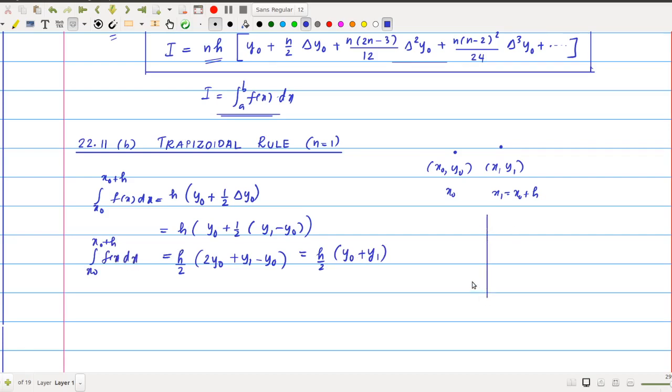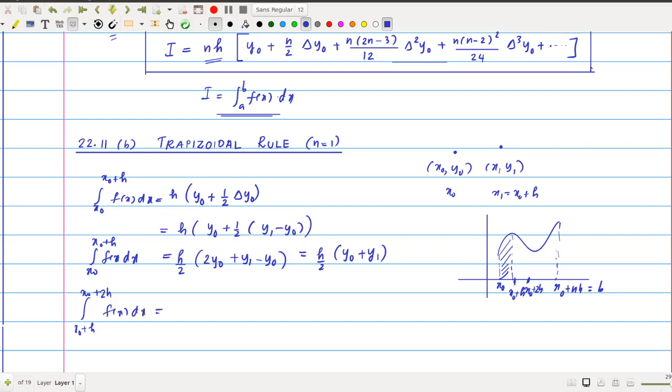Okay, so if you are given a function like this, and suppose this is our x0 and this is our x0 plus nh, that is equal to b. In this case, we first evaluate the integral from x0 to x0 plus h. So we integrate throughout this interval first, and for that we use this formula. Similarly, suppose we have to integrate the other interval, x0 plus h to x0 plus 2h, so this is the integral from x0 plus h to x0 plus 2h of f of x dx.